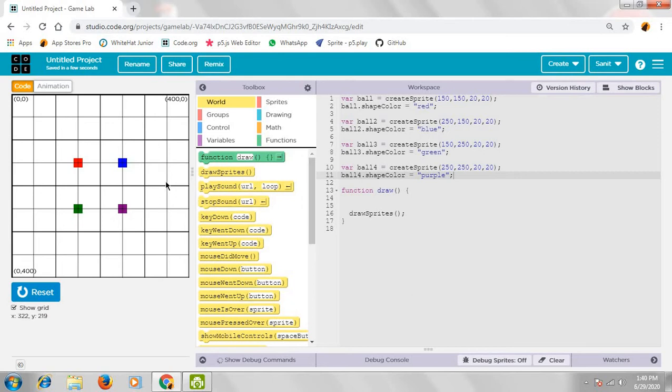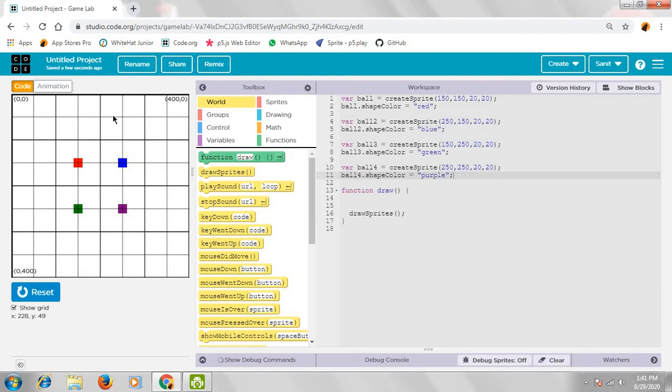Now we have to make it move. For that you have to understand one thing: it is a graph, and as we know a graph has an x-axis and a y-axis. As we go from right to left, the x coordinate will be positive, and when we go from left to right, it will be negative.